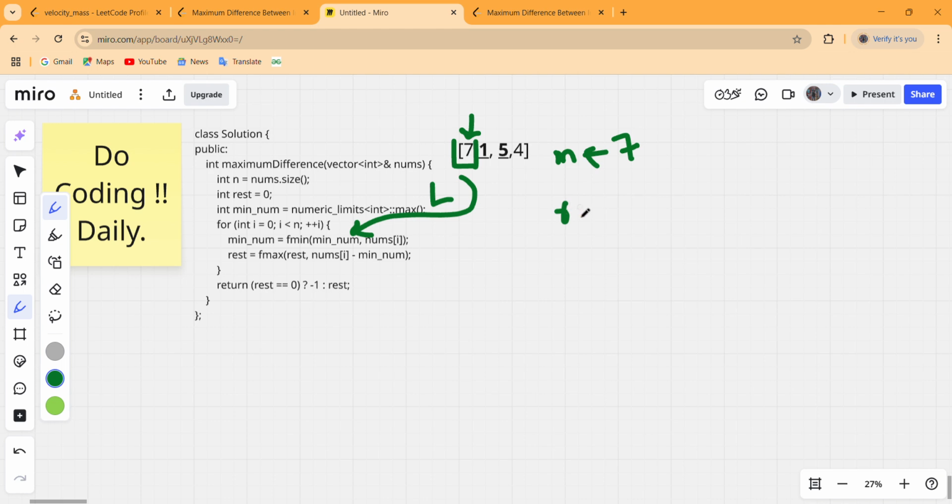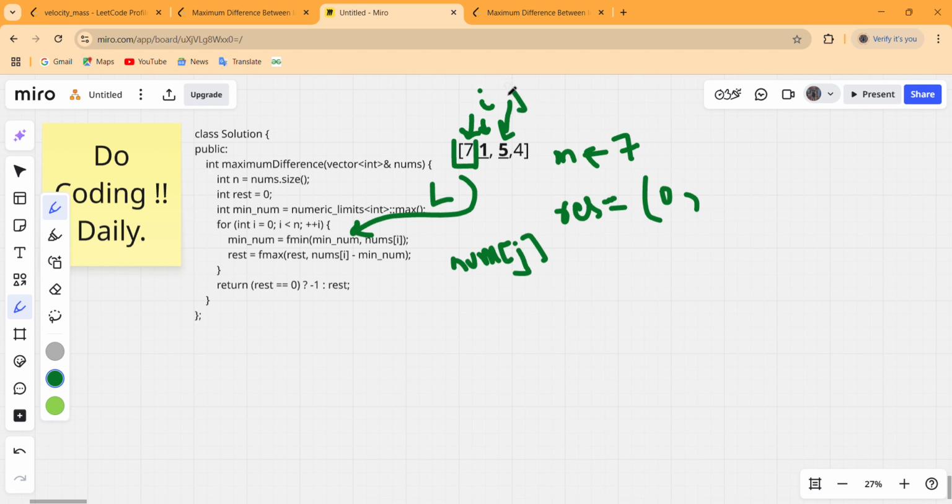Now we have to update our result. Our result is initially 0, so we find the maximum of the previous result and nums[i] minus the minimum number. What we are doing here is checking the condition that nums[j] is greater than nums[i], because the current minimum till this index is, say, 1, this is the ith index, and this is the jth index for us.